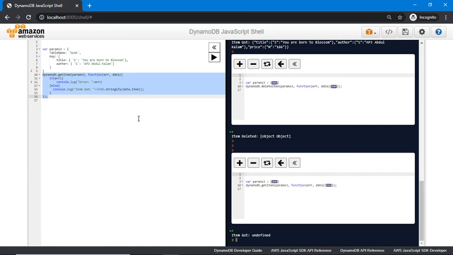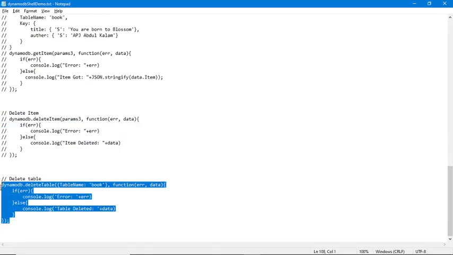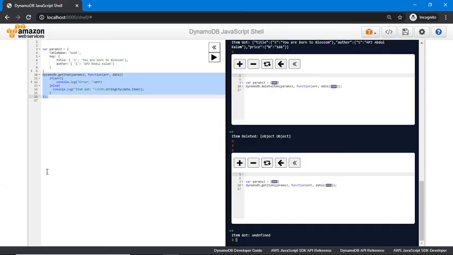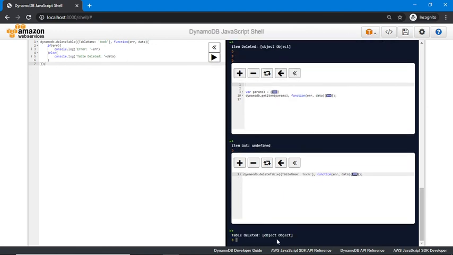So it is deleted. If you want to delete a table, there is the delete table command. Suppose I want to delete this table. So dynamodb.deleteTable, you can pass the table name and run this. So the table is deleted.